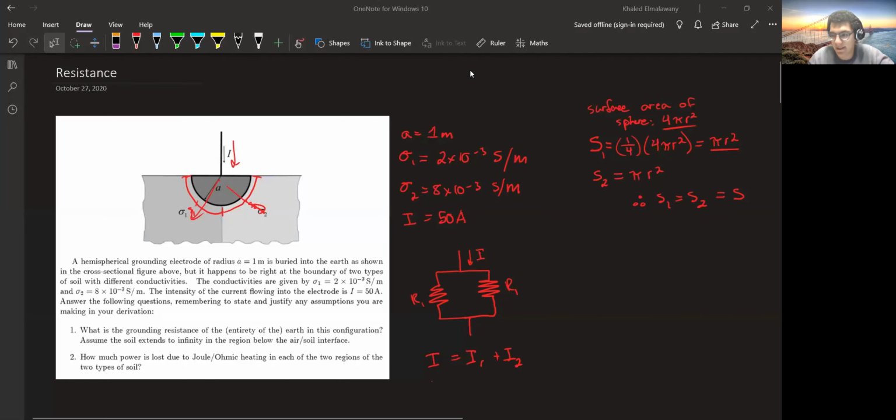So as we can see in this question, we are given quite a few values. A, which is the radius, is equal to 1 meter. Conductivity is 2 times 10 to the negative 3 Siemens per meter. Conductivity 2 of the second material is 8 times 10 to the negative 3 Siemens per meter, and the current